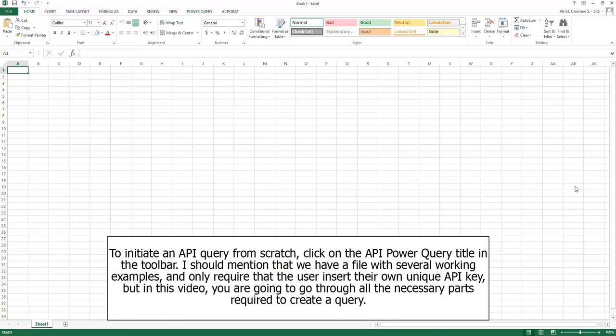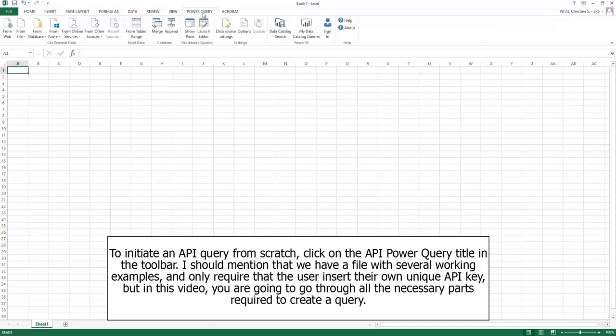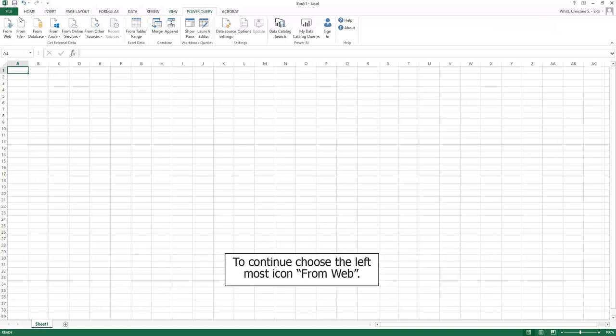To initiate an API query from scratch, click on the API query title in the toolbar. I should also mention we have a file with several working examples and only require that a user insert their own unique API key, but in this video you are going to go through all the necessary parts required to create a query. To continue, choose the leftmost icon from Web,